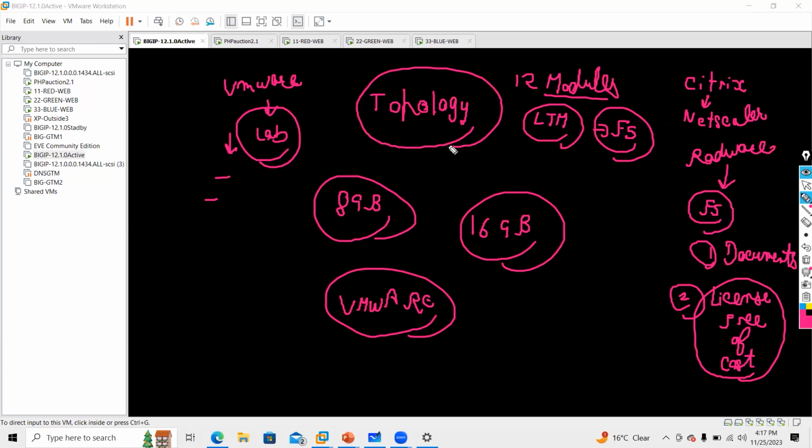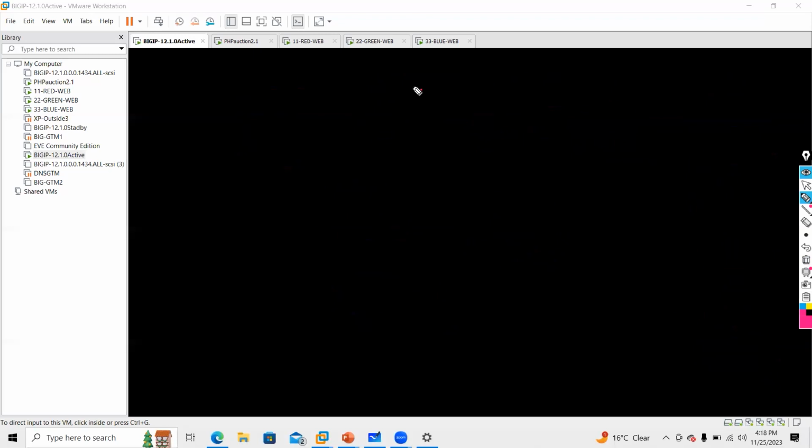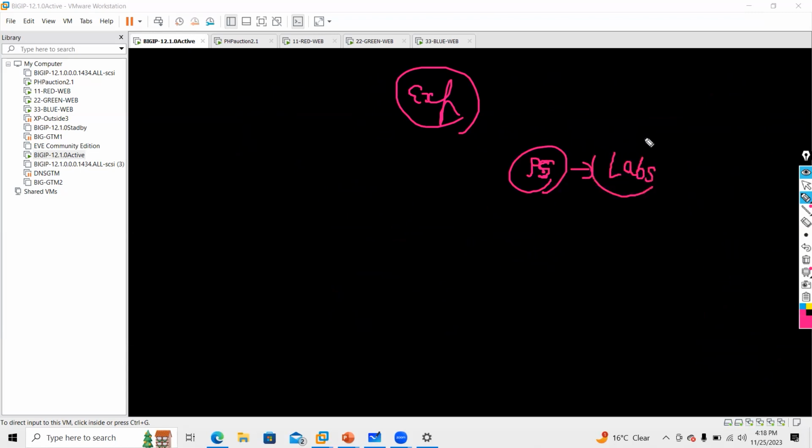Whenever you go to any interview, some people come to me saying, sir, I don't have any experience, but people are asking for F5 experience also. I will tell you how you can show that. If you do all the labs, trust me, guys, if you practice, you can tell them that you have been working for 4 to 5 years in F5 technology.